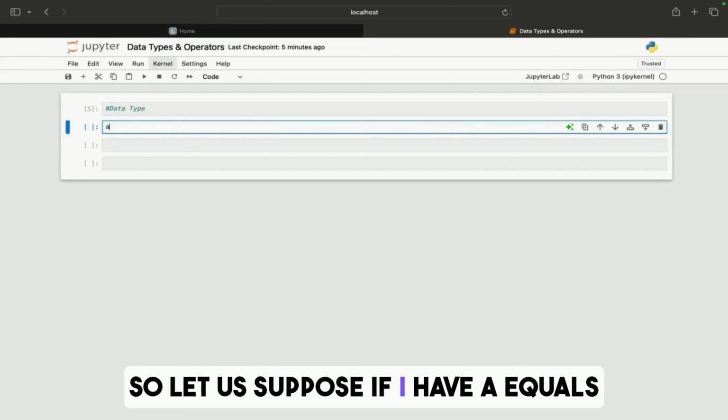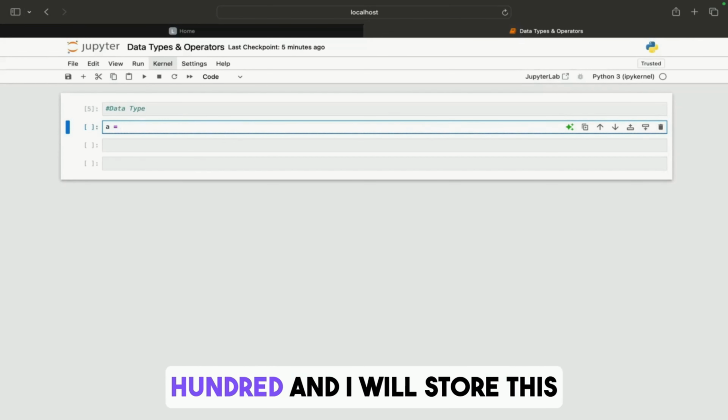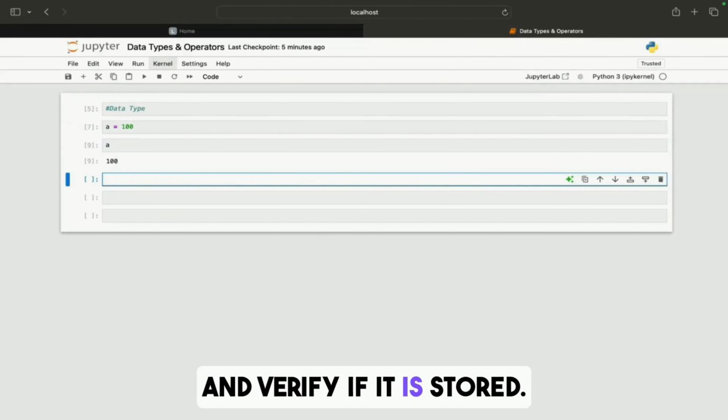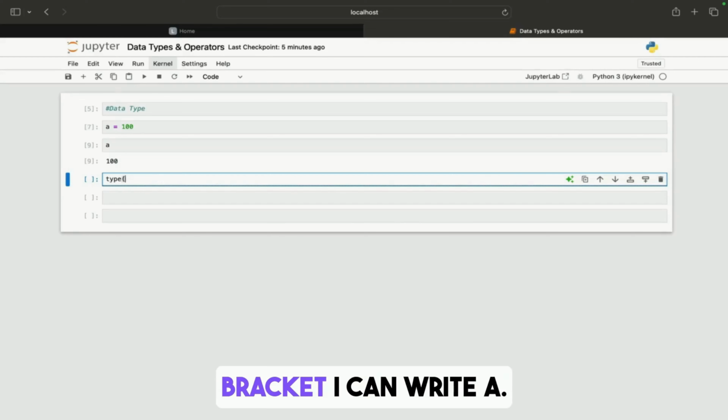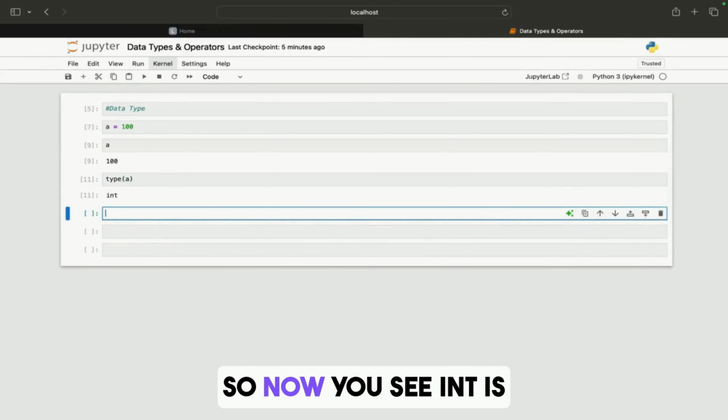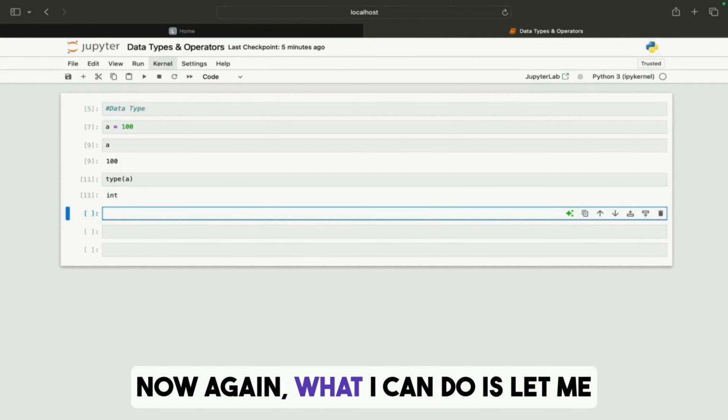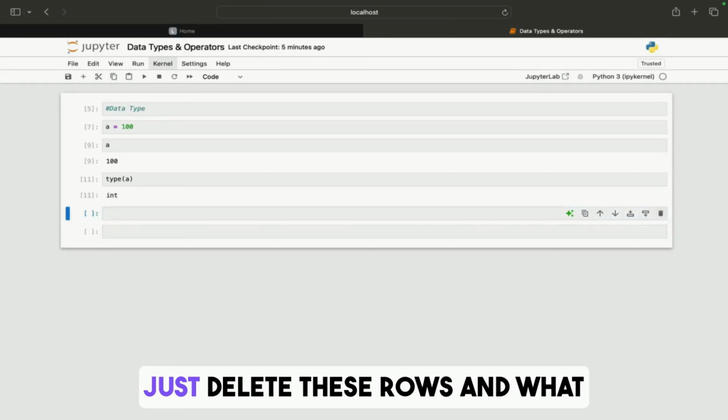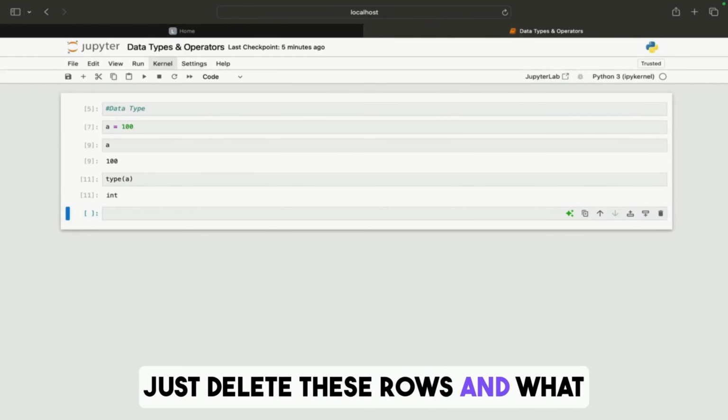So let us suppose if I have a equals 100, and I will store this and verify if it is stored. So a equals 100, and then I can write type and within bracket I can write a. So now you see int is the data type here. Now again, what I can do is, let me just delete these rows, and